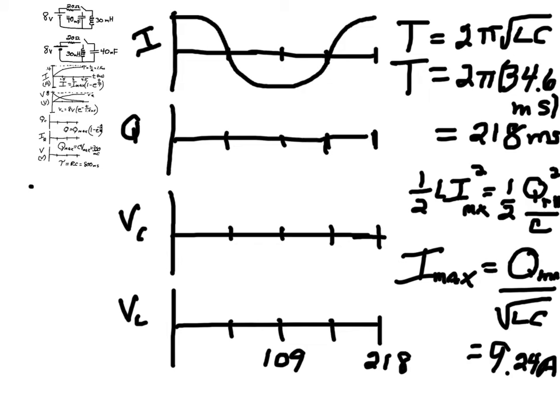The energy stored in the inductor when we start will be all transferred to the capacitor when it reaches its maximum value. And so if we set these two energy equations equal, this is the energy on the inductor at its maximum value, and this is the energy on the capacitor at its maximum value. That solves out to be that Imax equals Qmax over the square root of LC. And so to get the Qmax, I'm rearranging this equation so that Qmax, that's what I want, equals Imax, that's the 0.4 amps, times the square root of LC, and that's the